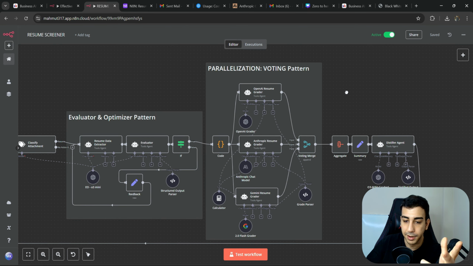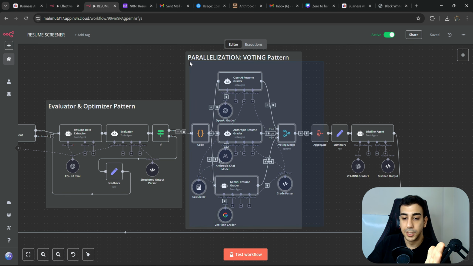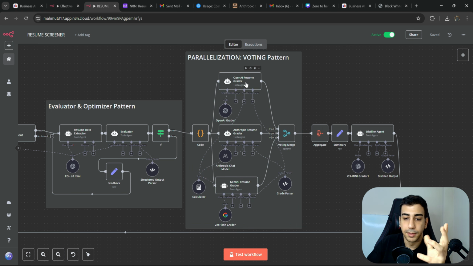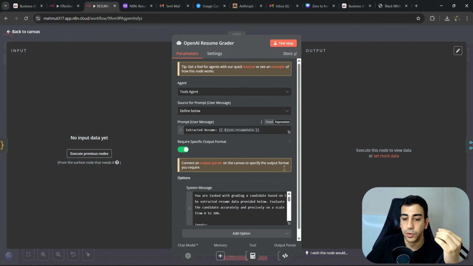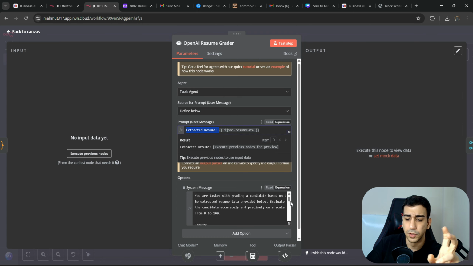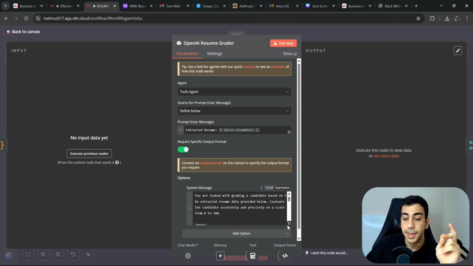So we get that data. All of these are the same, so I'll just explain one of them. I'll just go with the OpenAI resume. They are identical, right? Everything, the prompt and everything, is identical. So we go to this guy here, we pass in the prompt user. This is called extracted resume. I could have actually made this better using the sections we saw just now, but anyway, let's go to the